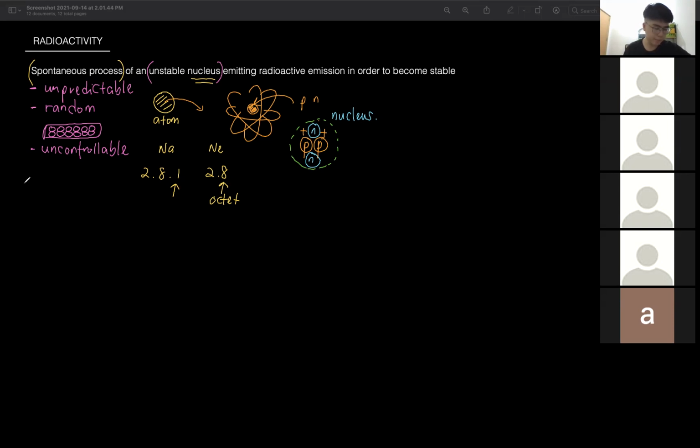That is why you see in hydrogen, it has only one proton. There's no neutron, right? So in the nucleus of hydrogen, just one proton. How come only one proton? Because there's no other proton for it to repel with. So just one, so it is stable. It doesn't need a neutron because there's no repulsion, right? So hydrogen has only one proton. Now, if you look at helium atom,